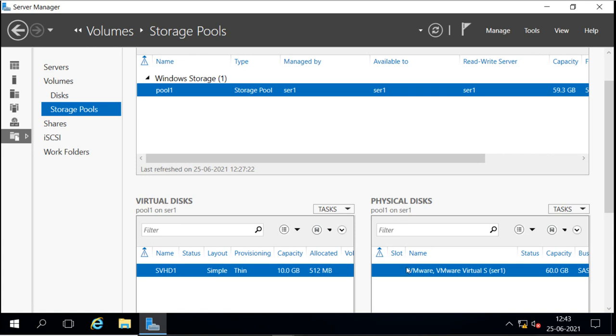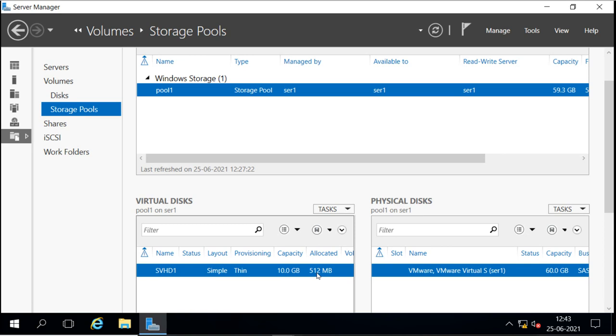So this is what I have created: the name SVHD1, layout simple, provisioning thin, and the capacity is 10 GB. I have given the capacity of 10 GB, but right now it is only using 512 MB.